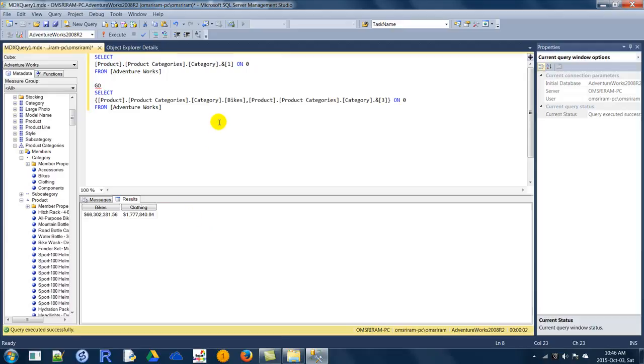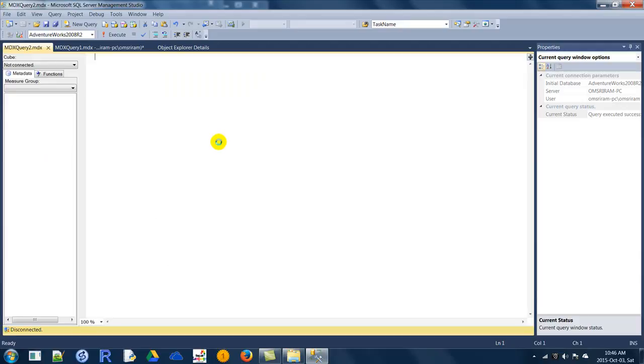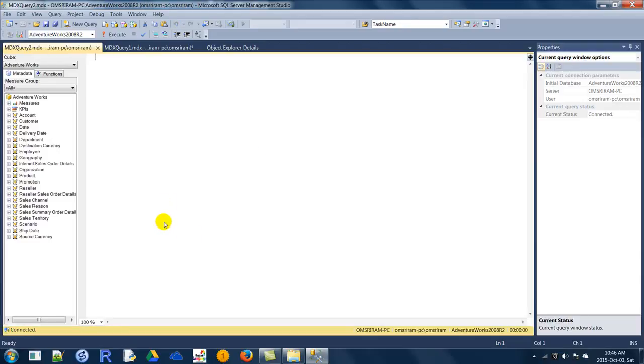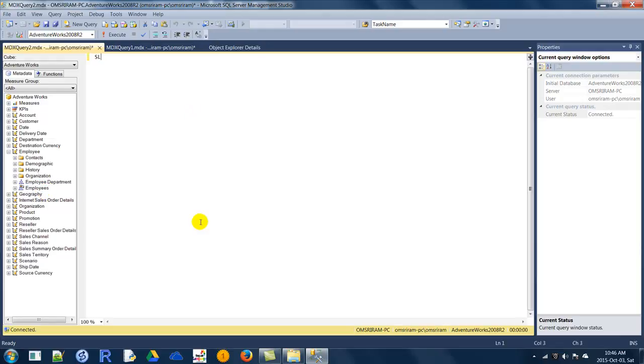Now we will see a different scenario, where you want to display one hierarchy from one dimension. Again we will go to, do we have employee here? Yeah, we have the employee dimension, we have two. So what we'll do is, from the Adventure Works database, I want members of employees.